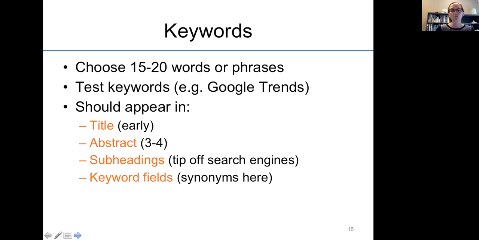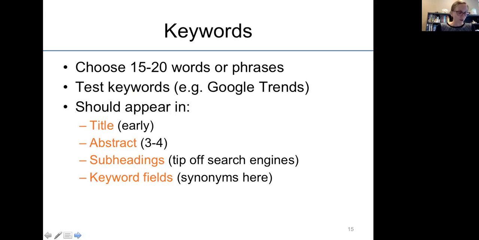So one thing that I never realized when I was a little earlier in my career is that keywords can also be short phrases. And that's really important when it comes to how people search for and think about searching for papers. So short phrases are just as impactful as a single noun or something like that. And you can look to see how useful some of these keywords are, particularly if you want a more broad audience. So Google Trends, which I'll show you on the next slide, is one way to sort of play around with potential keywords or phrases.